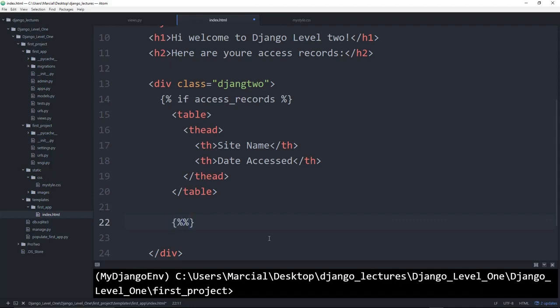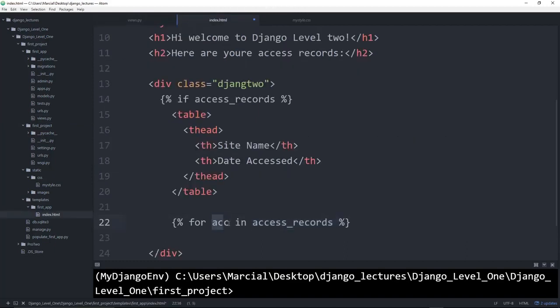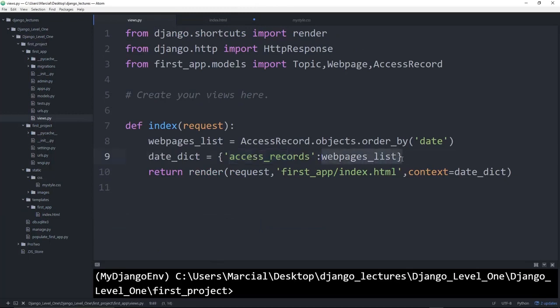I say for some temporary variable name, we'll say acc, in access records. And this has to match whatever you had over here in views for the key. So what I'm saying is for this temporary variable in access records, and remember access records is going to be this list of web pages that's ordered by the date from the model. Hopefully here you can begin to see that peak of the iceberg of that MTV, how we're connecting